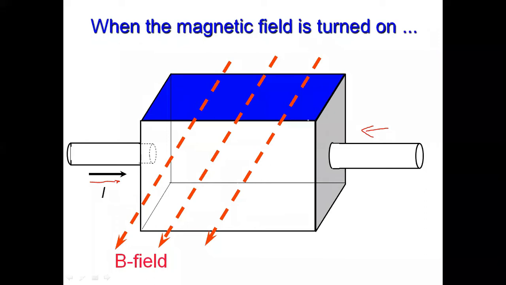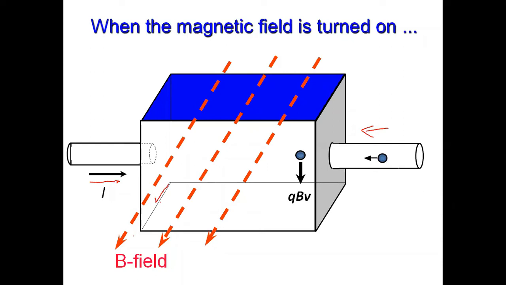So here we are applying the magnetic field towards us. This magnetic field is of course perpendicular to the current direction, and we have assumed that it is along this direction. If we say this direction is the y direction, that is, along the y direction towards us, towards you, this is the magnetic field. So if we place this current carrying semiconductor into this magnetic field, we'll observe what is happening.